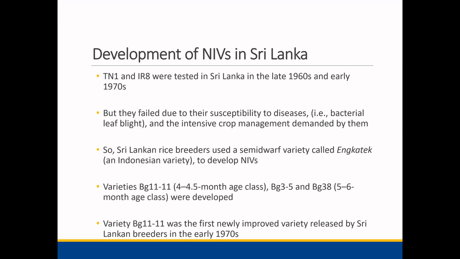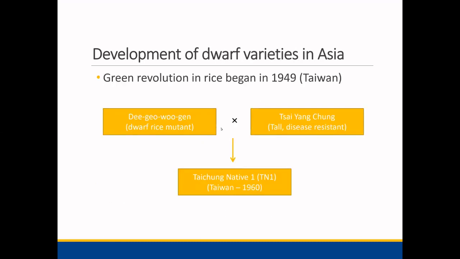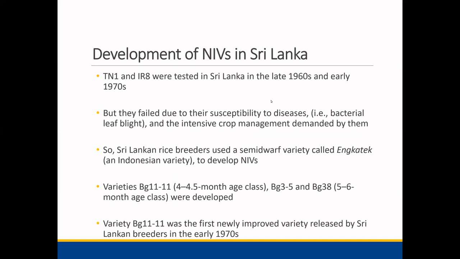So what the Sri Lankan rice breeders thought was to take a semi-dwarf variety called Enkatek. This is an Indonesian variety, a gene from Indonesia, to develop these newly improved varieties. That's why I explain briefly the history of this. We used TN1 and IR8, we tried to test them,